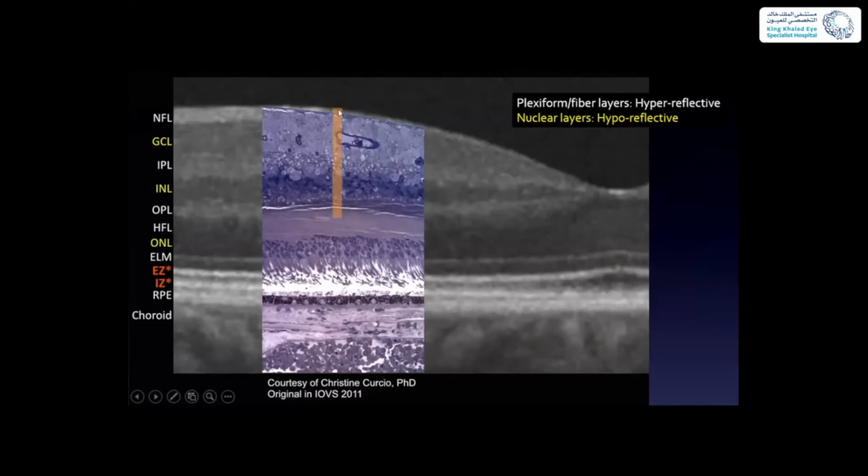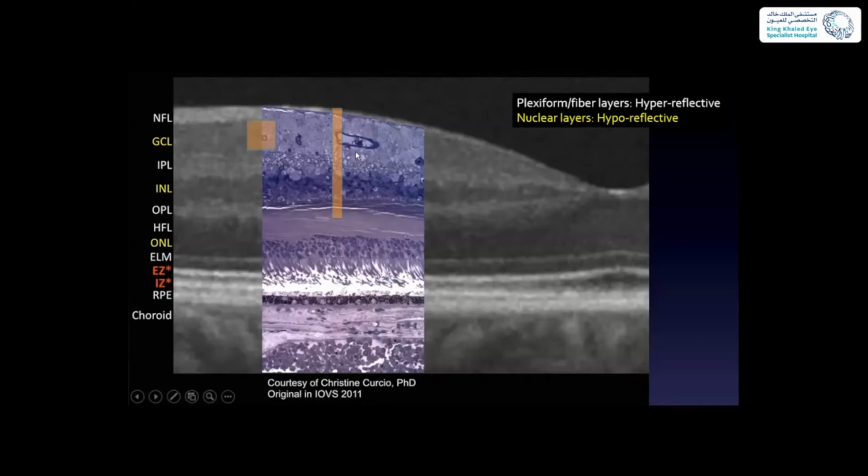We will start by looking at the inner retina, and we go from inner to outer. We will start with the nerve fiber layer, and the nerve fiber layer is hyperreflective. Actually, all fiber layers are hyperreflective, and all nuclear layers are hyporeflective, and this is important to know. So we will start with the nerve fiber layer being hyperreflective structure,